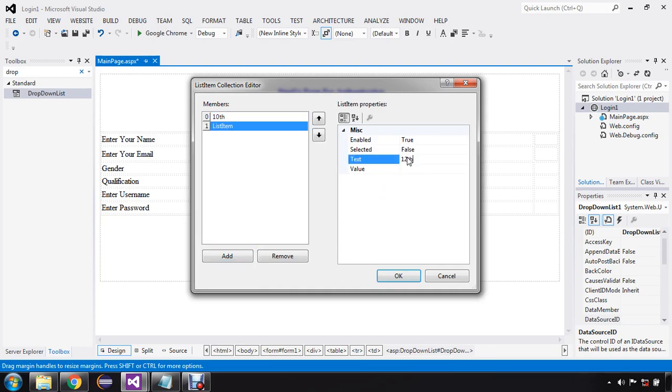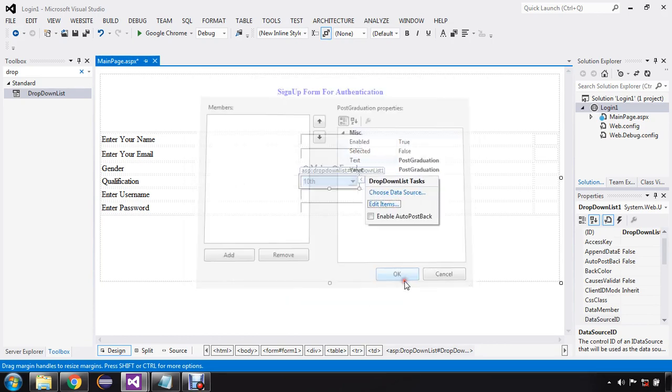Now I'm going to write 12th. Two more fields I want: graduation. Click on add and post graduation. Once you have populated the list items, just simply click on OK.